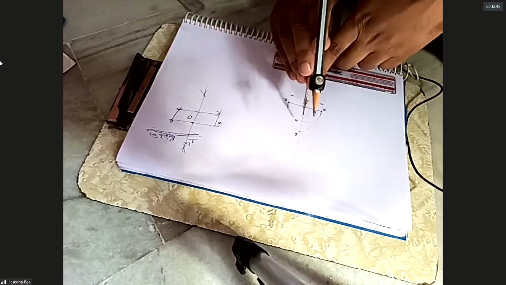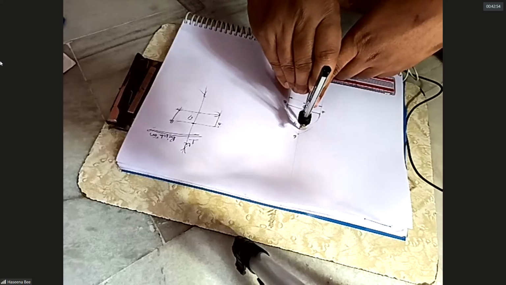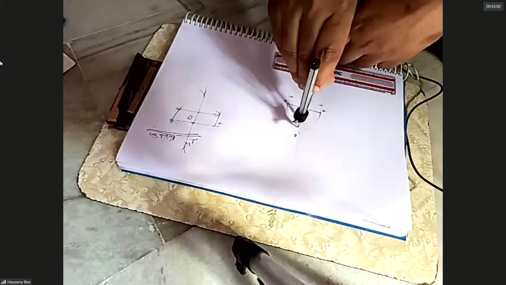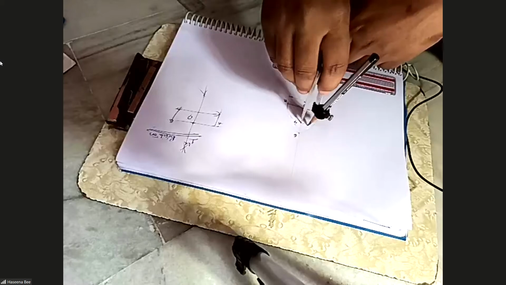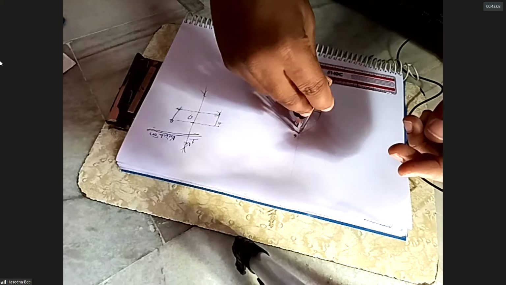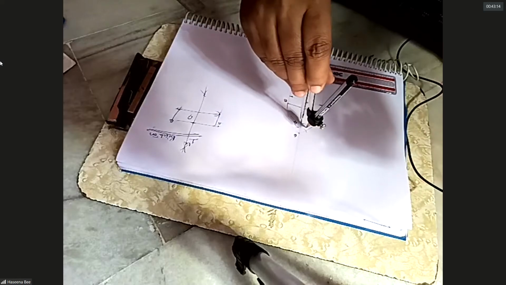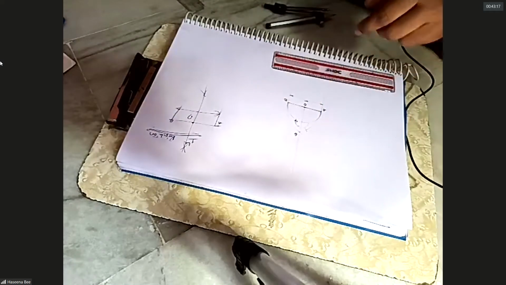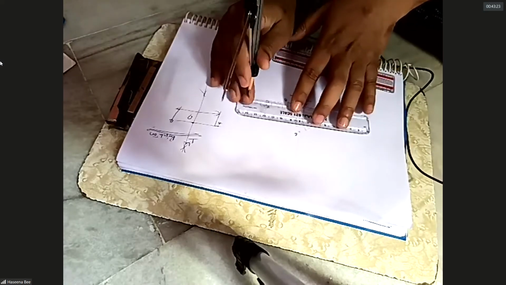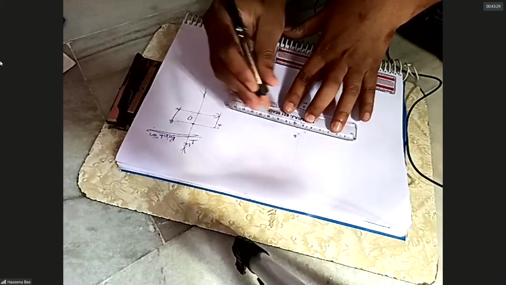To find that point, please observe what I am doing here. 4 as center, more than half as radius; randomly, you can take anything. Draw one arc from 4 as center, and down also you need to draw another arc. Here one arc, here another arc. With the same radius, take center 6 and cut those 2 arcs. You can see small arcs are joining. Now just join them. Put dots at the intersection points. This method I already explained, but still I am just showing you.